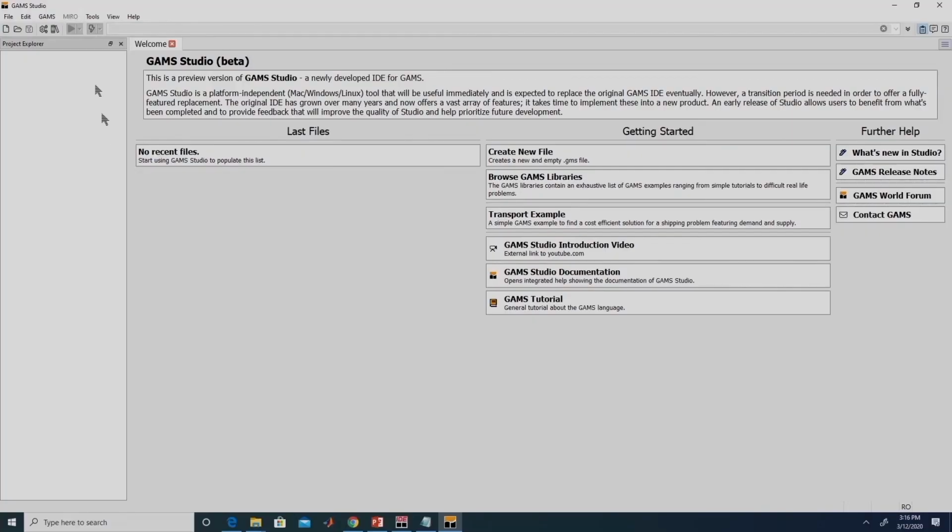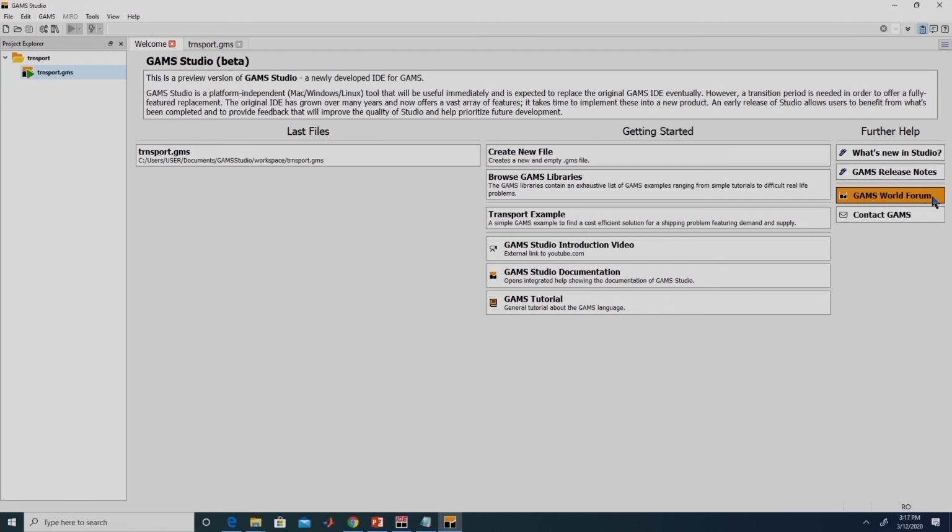and constraints. So, while installing GAMS, you would have seen two options. One is GAMS IDE, another one is GAMS Studio, right. So, if you look into GAMS Studio, from here we can get a lot of details. For example, the transportation example which we have discussed previously is directly accessible from here. It also gives an introduction video about GAMS Studio. So, it links to YouTube. It also provides a lot of other information. We leave it to you to explore that.